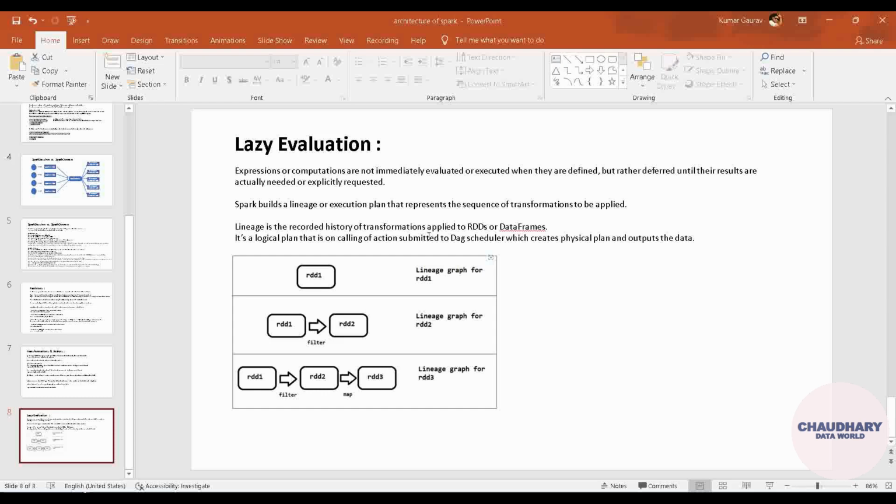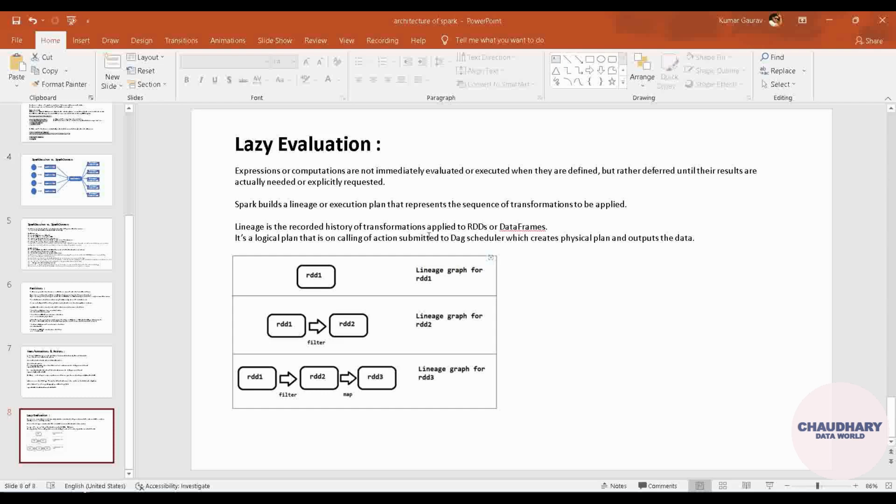So this is the whole idea about lazy evaluation. Now it comes to what its benefits are. Why are we even doing this lazy evaluation? That is because of two major reasons. The first one is speed. Of course, data processing becomes faster. Another is fault tolerance. If you have some fault in your whole set of transformations and you want to retrieve that data,